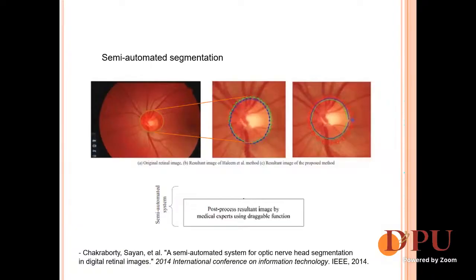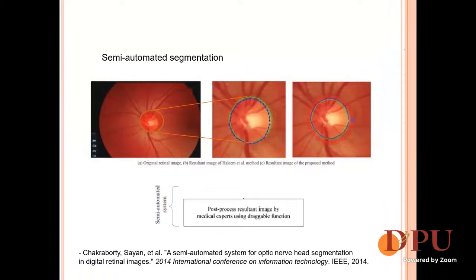Sometimes it might happen that in medical imaging, it's not always automated. Semi-automated also works fine. So say, for example, this is a case where the optic cup and disc of the diabetic patient are not clearly identified. Say, for example, we are trying to detect the optic cup and disc. If the ratio is above 0.58, then it's a clear case of diabetic retinopathy. Now, what happens if, because of the contrast level or the brightness, your automated system fails to detect the optic cup and the disc correctly,